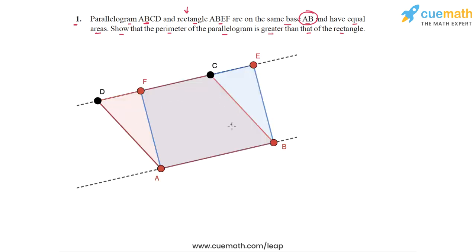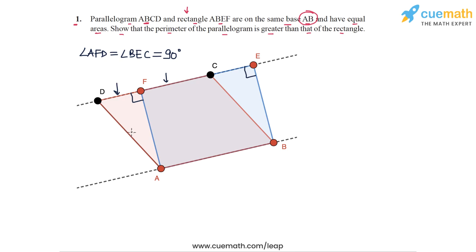So here's the figure I will use for this proof. You can see in this figure ABCD is a parallelogram which is not a rectangle, and ABEF is a rectangle. Now this means that the angles AFD and BEC will be 90 degrees because ABEF is a rectangle, and in a rectangle all angles at the vertices are 90 degrees. So we can write angle AFD and angle BEC, both of these will be equal to 90 degrees.